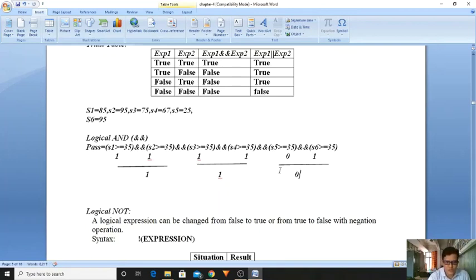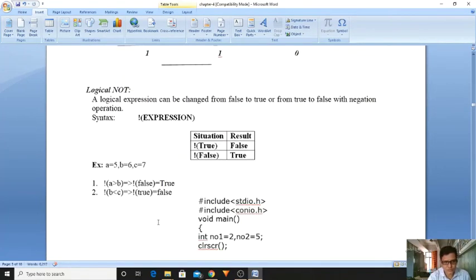Now I'm testing these two conditions, because here so many logical ANDs are there, right? Of this value we get 1, and here also one logical AND operator is there. So this and this: 1 and 1, true and true, I'm getting the result as true. Now I'm getting it as a 1.